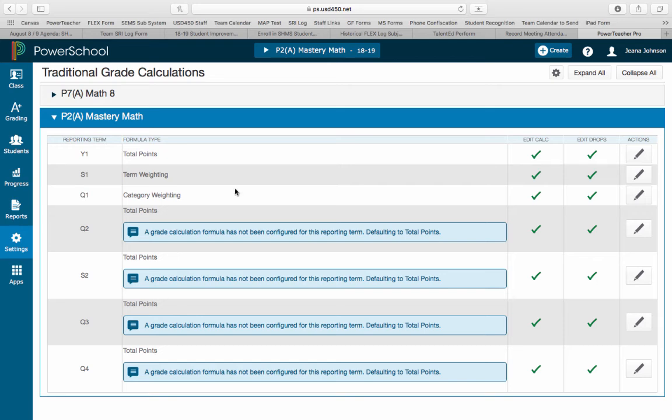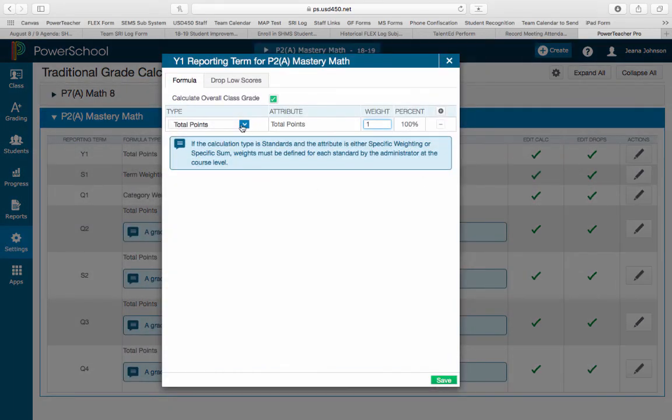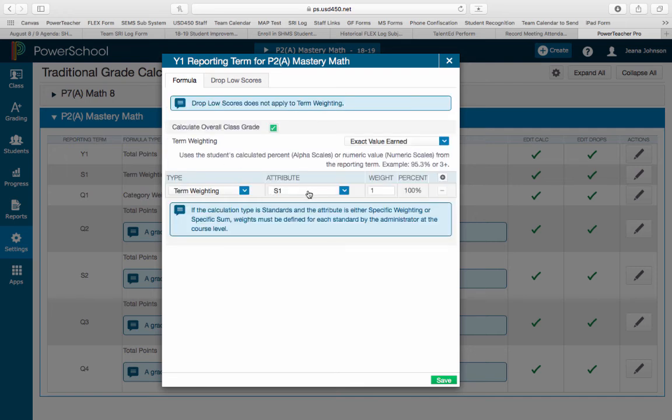Once your semesters are weighted, now we're going to go through and weight your year. So under reporting term Y1, go over to the actions and click the edit button. Once again, we're going to choose term weighting, just like we did with the semester. And then make sure your attribute now is semester 1. So you want S1. We want the 2 semesters to be weighted evenly. So once again, we're going to do a 50-50 weight. So I'm going to push 0.5